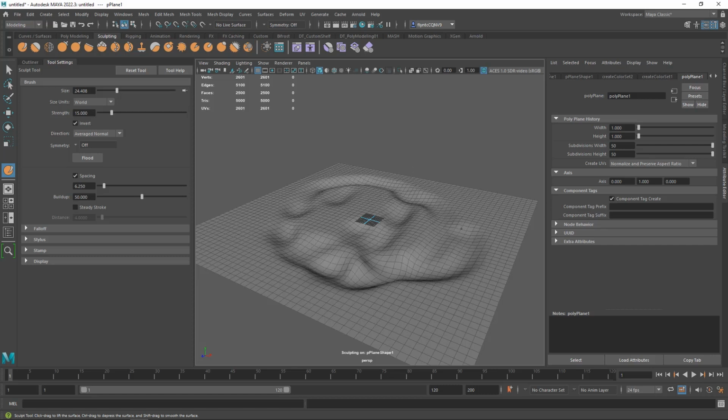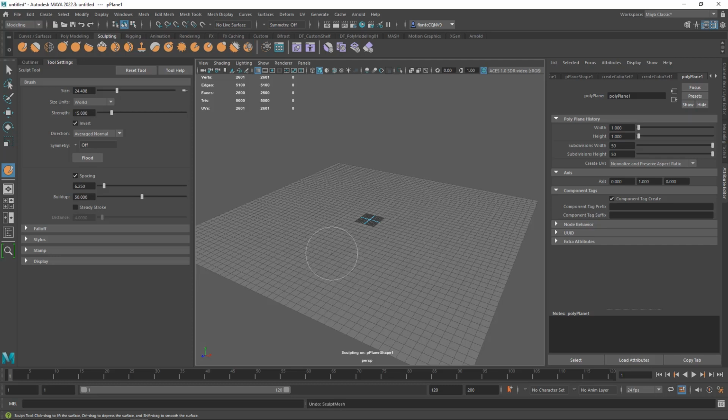I can click and hold it and drag and create a continuous indentation if I want. I'm going to undo these. And the reason I'm creating indentations is because I have the invert box checked. I'm going to uncheck that. Then I'm going to click and begin to create extrusions